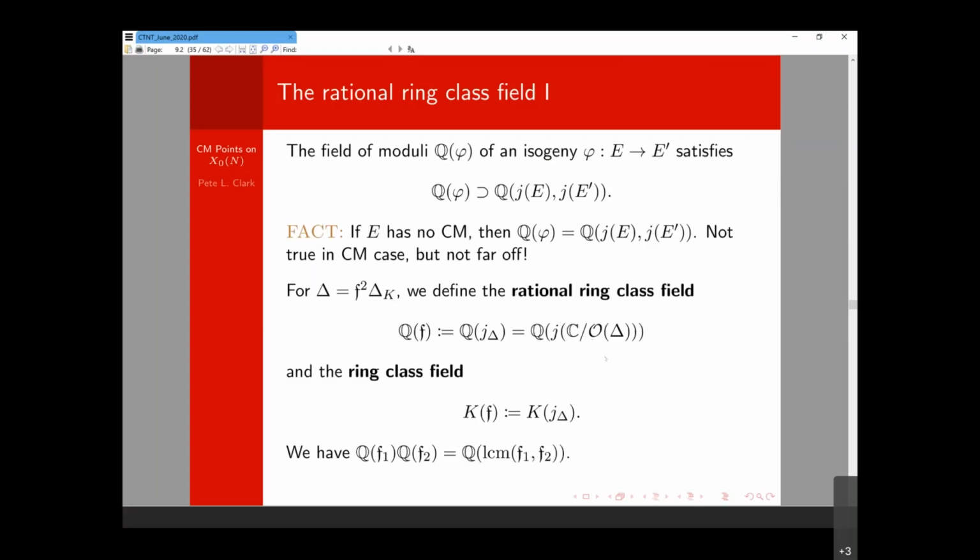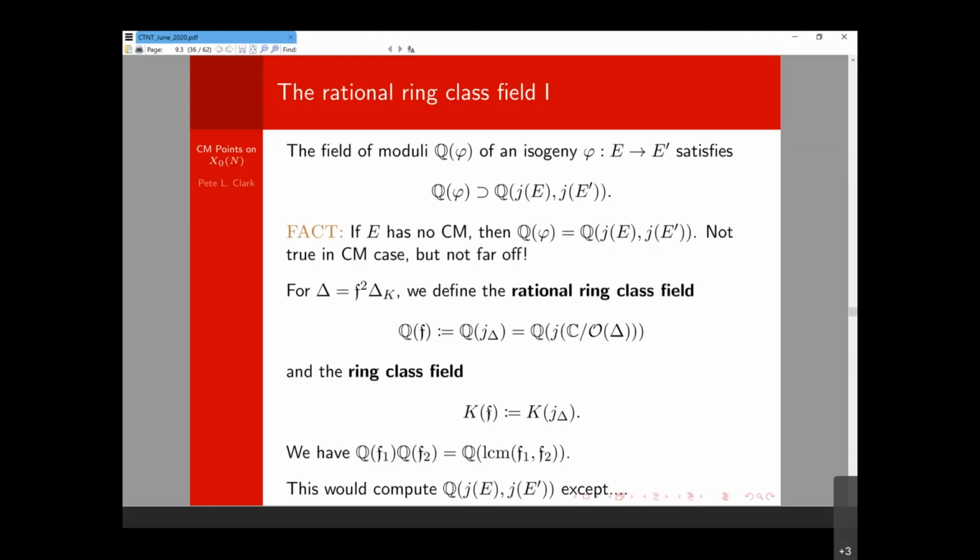And the rational ring class fields for fixed K form a very nice directed system in the conductor. If you take the compositum of any two of them, which seems to be what we want to do here, then if you're in a position to have a guess for what the compositum of the two rational ring class fields should be, it's exactly what your guess would be. It's again a rational ring class field, and the conductor is the LCM of the two conductors. And so it kind of looks like we already computed Q adjoin j(E), j(E'), but we didn't.